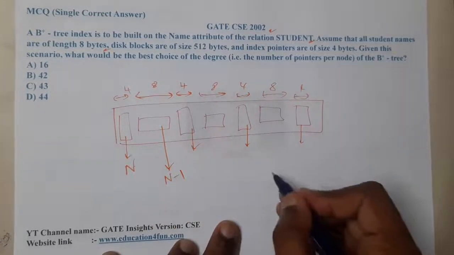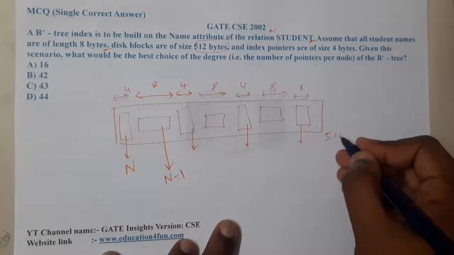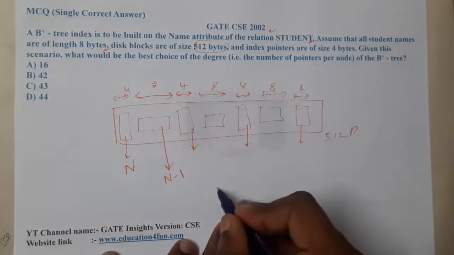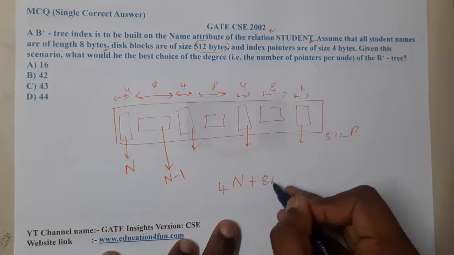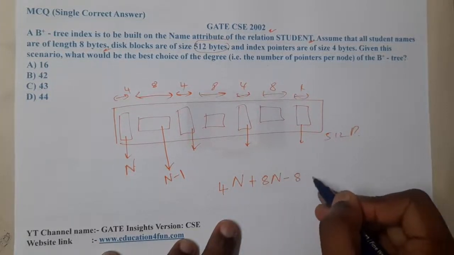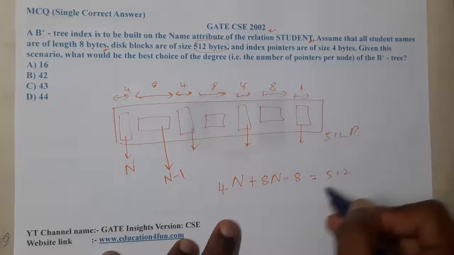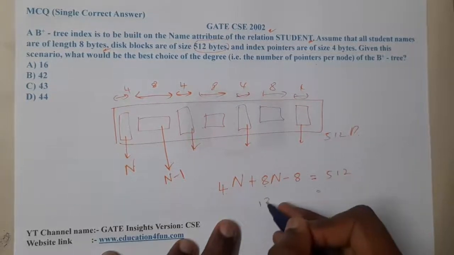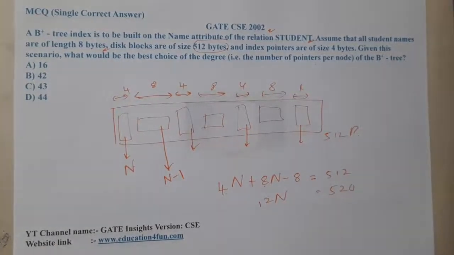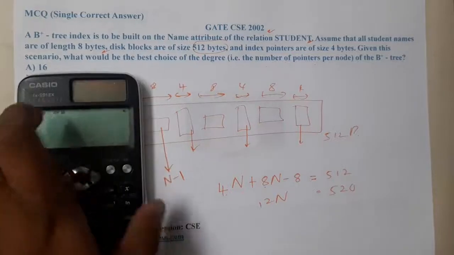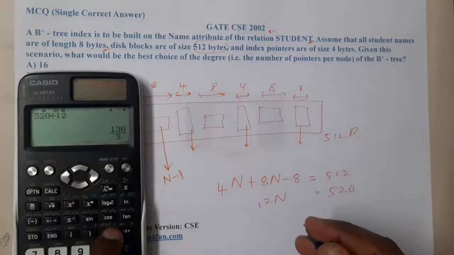Now the whole result: they clearly give that the total size of the block is 512 bytes. So it is nothing but 4n plus 8(n minus 1) is equal to 512. That is nothing but 12n is equal to 520. So I think we can directly calculate it: 520 divided by 12. So the answer is nothing but